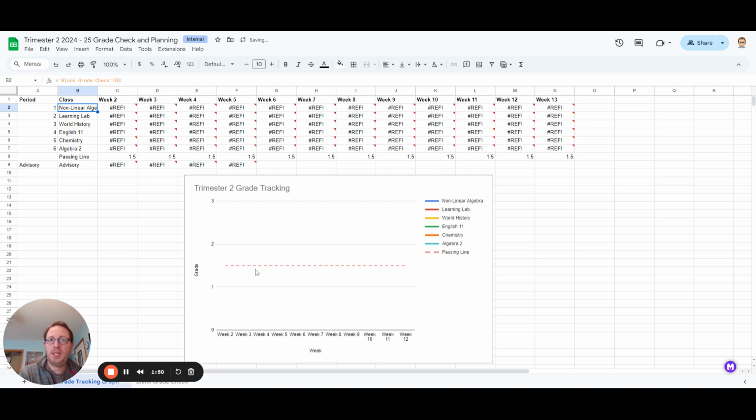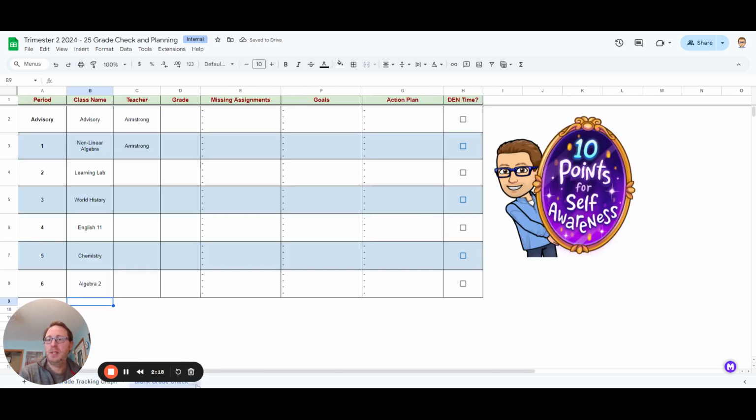Also notice that this pink line is the passing line. So if you're above or below, that will give you some quick information about how you've been doing this trimester. So how do you use this each week? It's just one important rule here. If you want to use this grade checking graph, you have to name